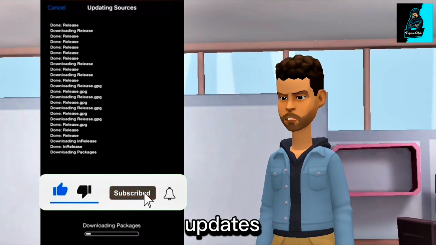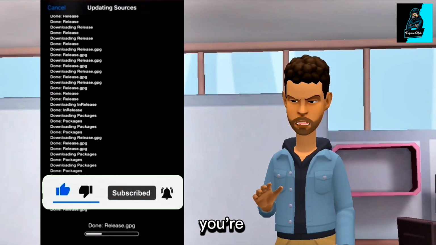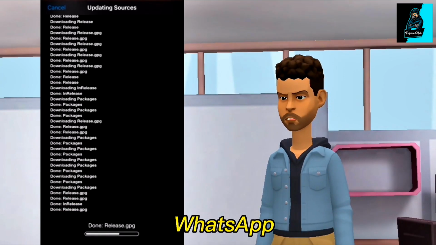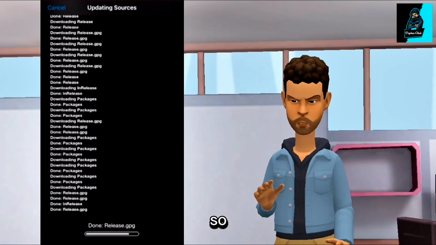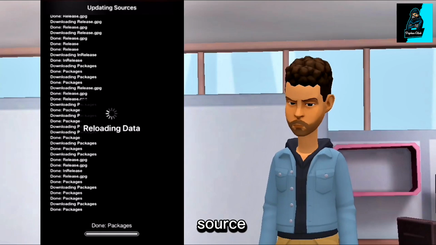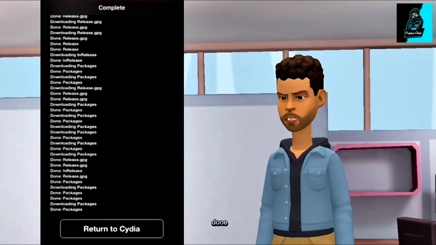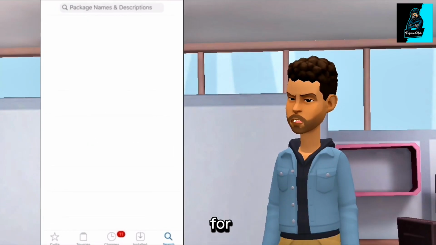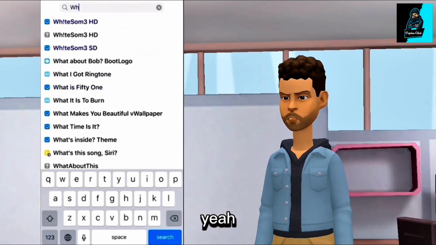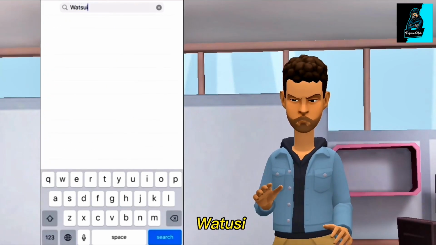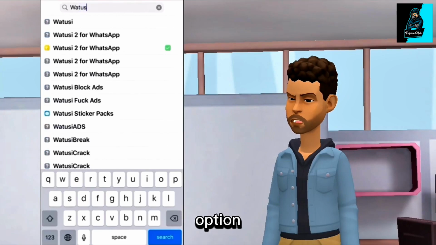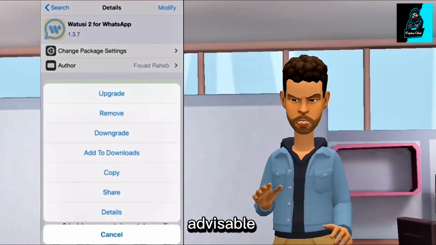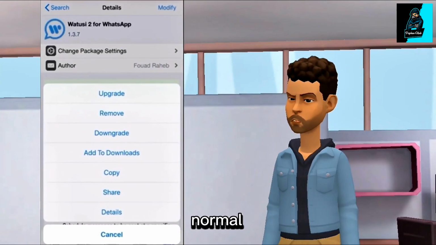So you can see it's running the updates. This is where you're going to get some of the GB WhatsApp features to add to the normal WhatsApp on the iPhone. You can see it's still updating the source. It's now reloading and it's done. So just return back to Cydia. Then go to search and search for Watosi 2 for WhatsApp. Look for Watosi 2 for WhatsApp, and I think it's the third option. You either download it or upgrade it, but it's advisable you upgrade since you already have the normal WhatsApp